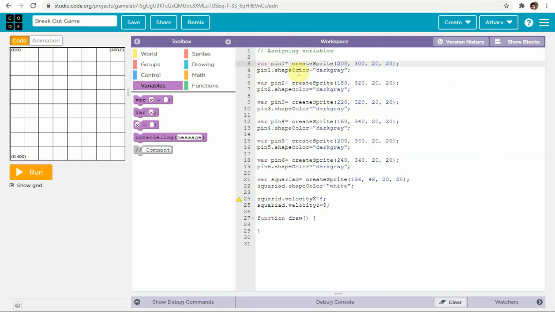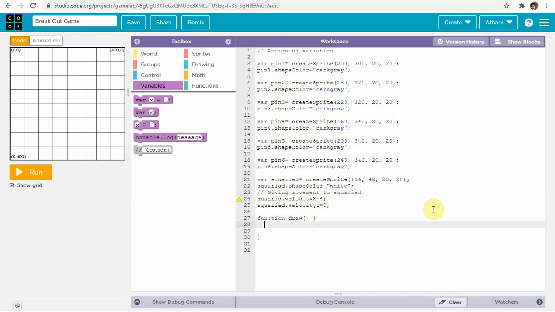Now we are assigning this variable, then giving movement to squared, right.